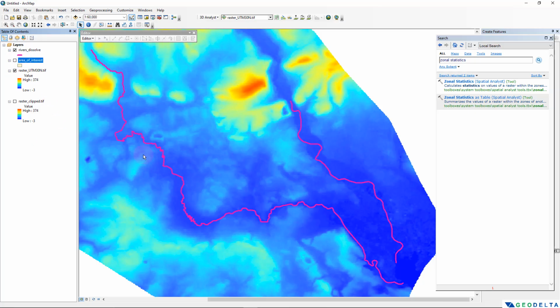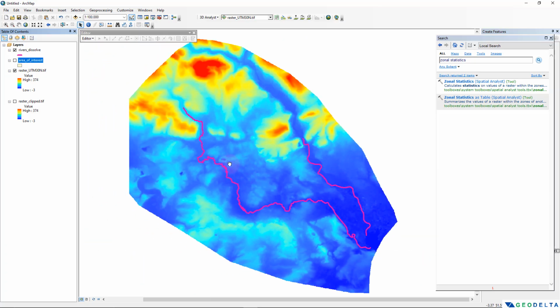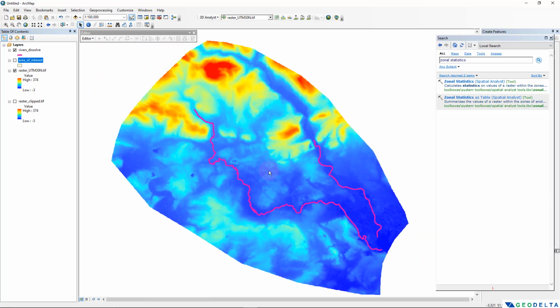Now, one of the examples that I can think of is that if you would like to segment this particular raster into elevation groups, and if you would like to export those different zones into separate polygons, I think you can recall